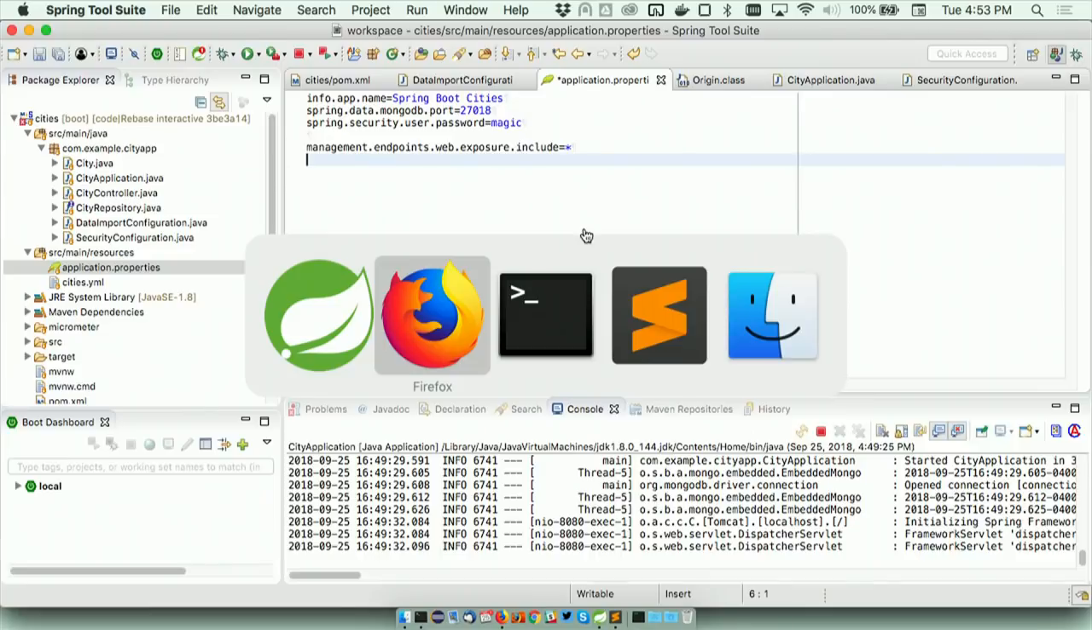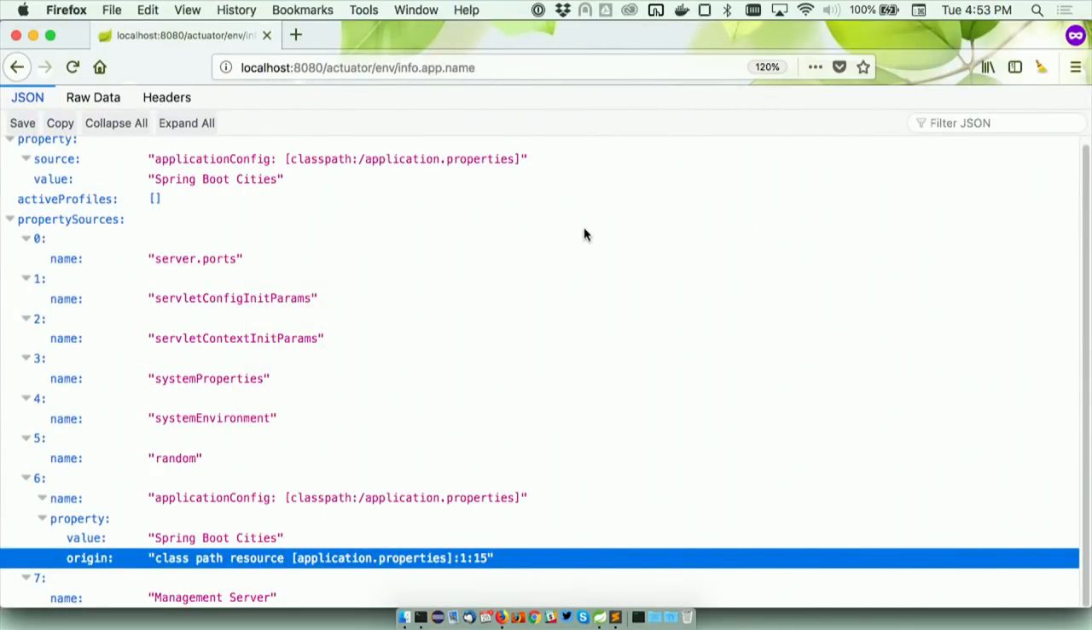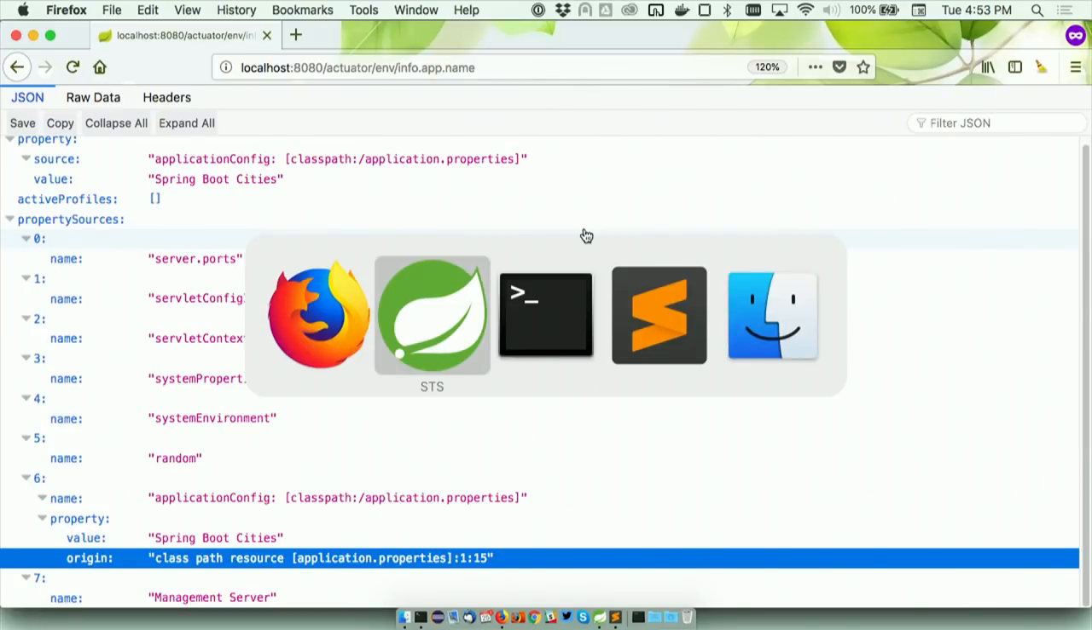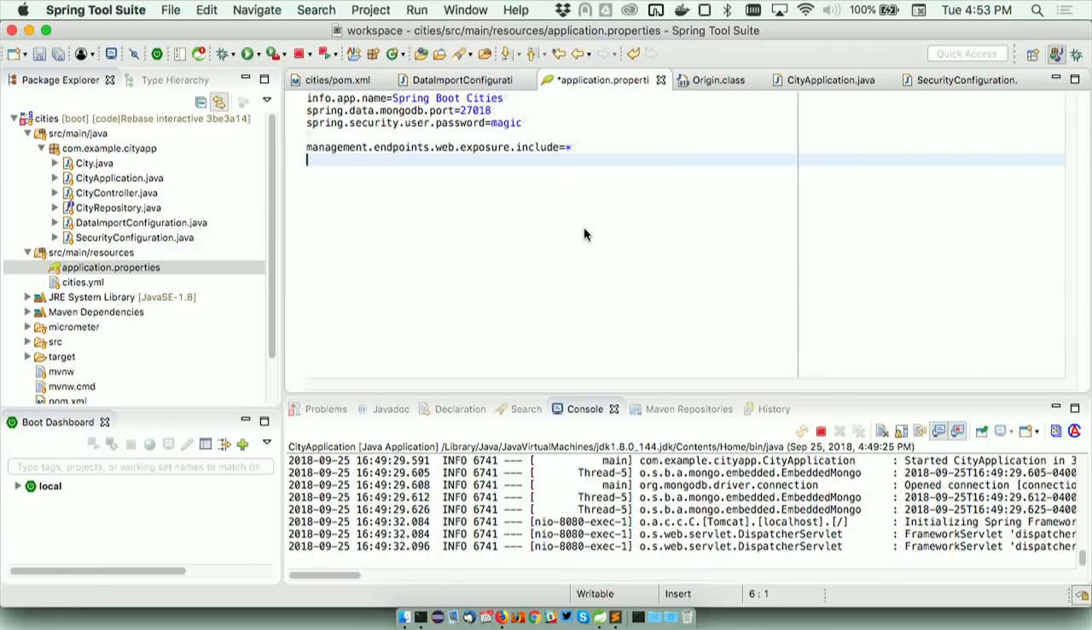Maybe just briefly, while we're on the subject of Actuator endpoints, has anyone written their own Actuator endpoint? One or two, sorry? Okay, so someone's customized the health endpoint. Some people write their own endpoints as well. If you've written your own endpoint, you will need to do a little bit more work with the upgrade to